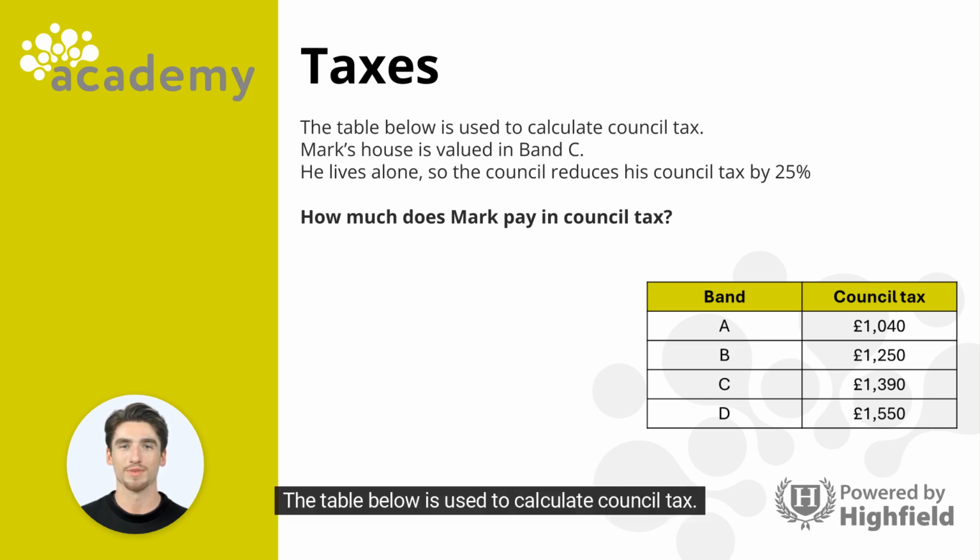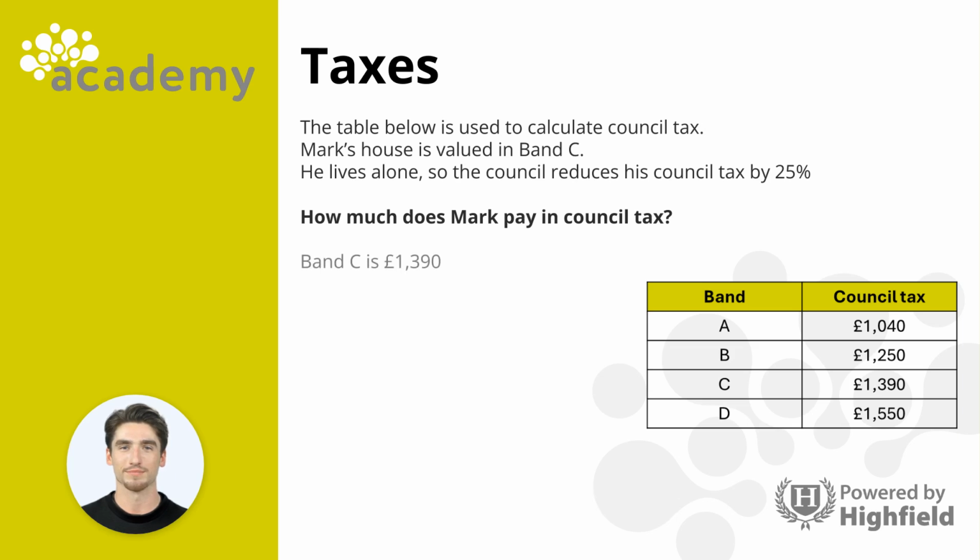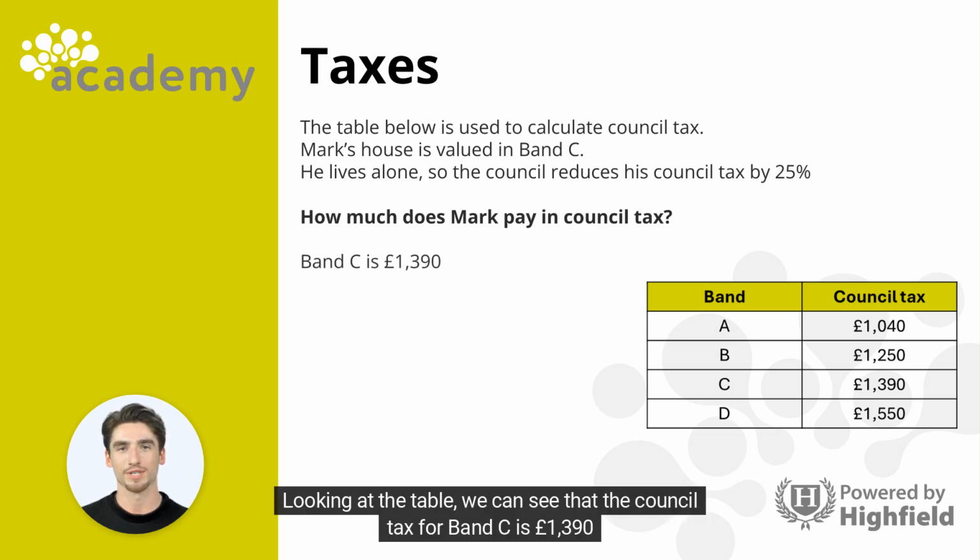The table below is used to calculate council tax. Mark's house is valued in Band C. He lives alone, so the council reduces his council tax by 25%. How much does Mark pay in council tax? Looking at the table, we can see that the council tax for Band C is